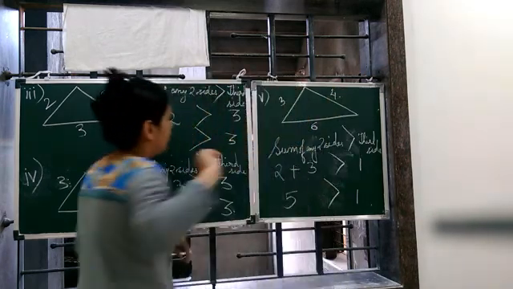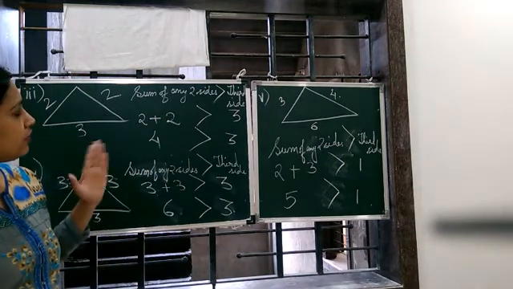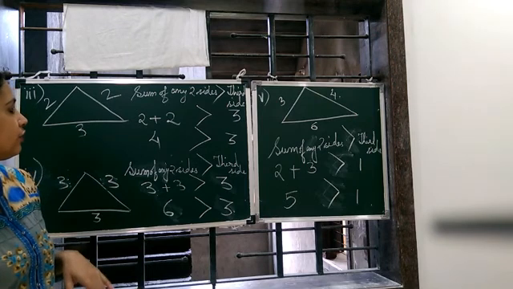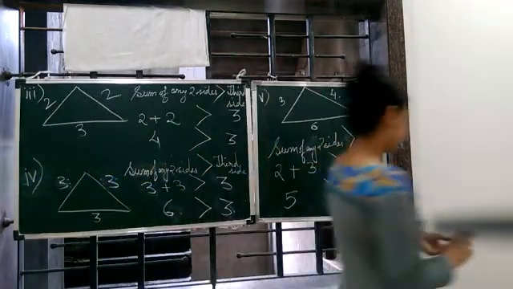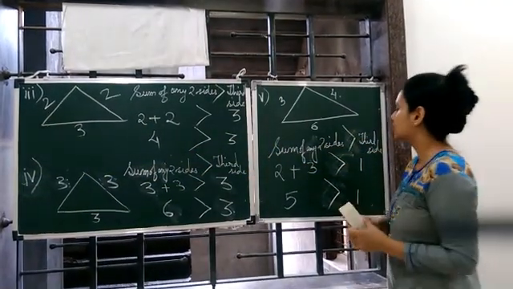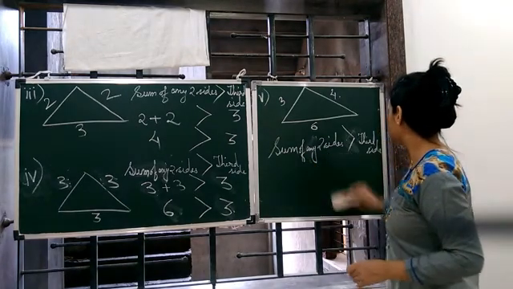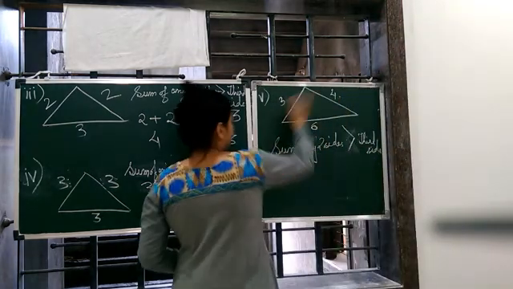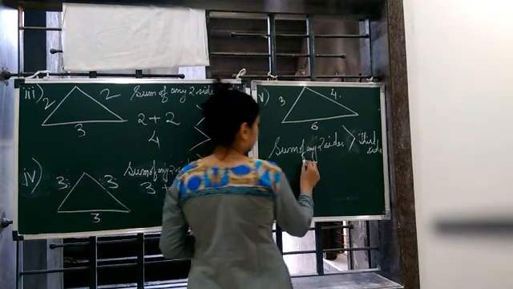3 and 4. Okay, बन जाएगा ना ट्राइंगल 3 और 4. यस, बन जाएगा. 3 और 3 भी लेंगे तो बन जाएगा, इक्वल हो जाएगा. 3 और 2 लेंगे तो नहीं बनेगा ट्राइंगल, won't be possible. Okay, so let's take any two sides. Let's take 6 and 4, or let's take 3 and 4, or let's take 3 and 6.